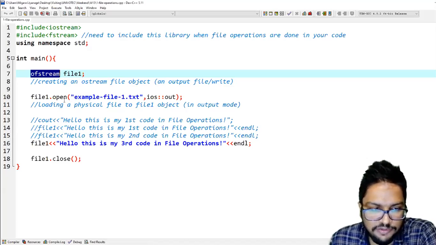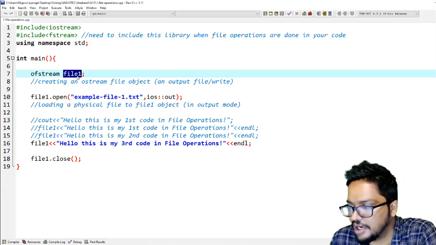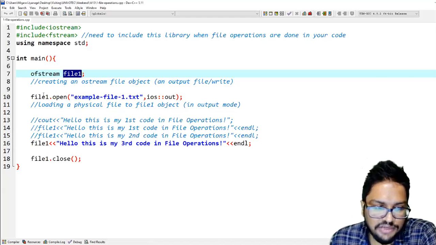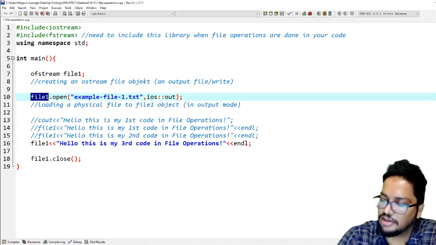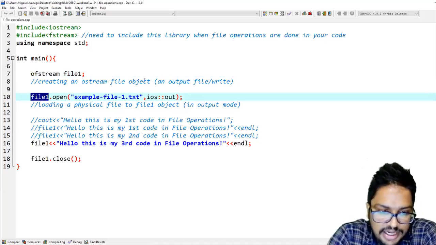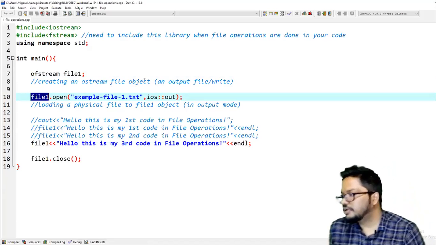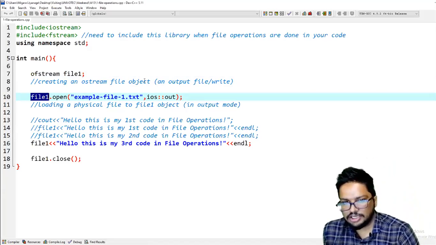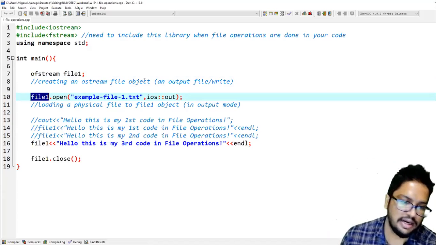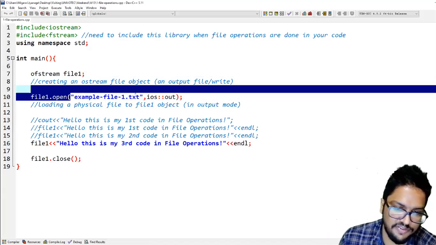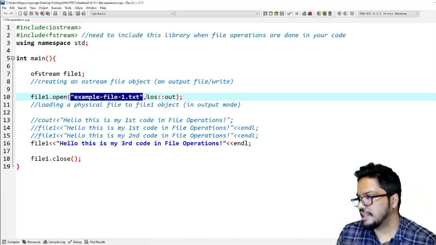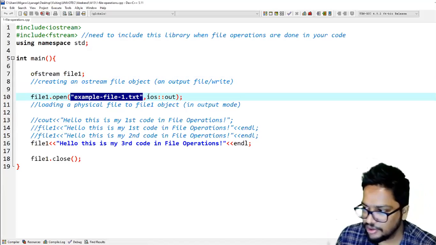So we need to open a file. We have to first create a file object. Then to that object we have to open a physical file, right? So you have to first provide the parameter, the file name. In file write mode, this file will be opened, and the file name of the physical file is always given here. And thereafter, the most important thing that you have to provide is the